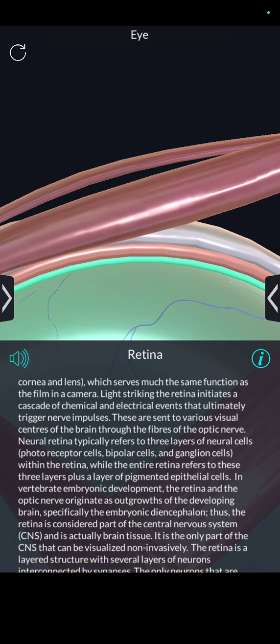The retina is the third and inner coat of the eye, which is a light-sensitive layer of tissue. The optics of the eye create an image of the visual world on the retina through the cornea and lens, which serves much the same function as the film in a camera. Light striking the retina initiates a cascade of chemical and electrical events that ultimately trigger nerve impulses. These are sent to various visual centers of the brain through the